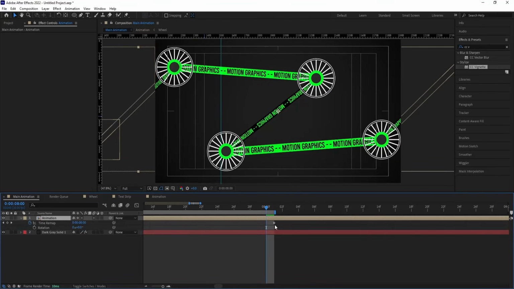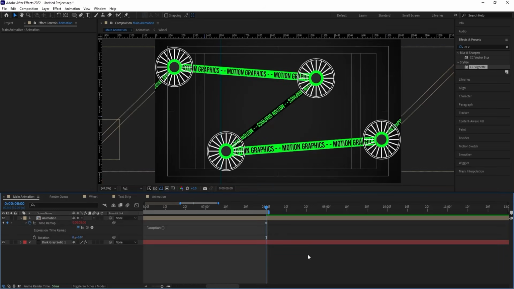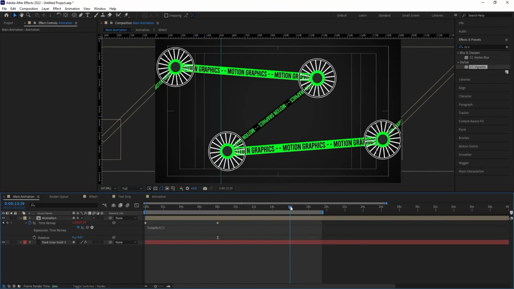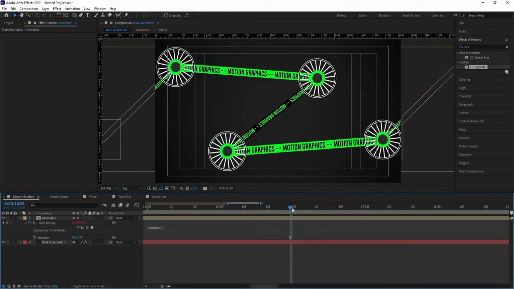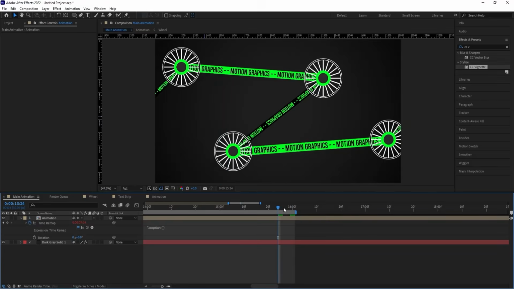And before the last keyframe, I'll create one keyframe and I'll delete this last keyframe. Then I'll Alt-click on this stopwatch to apply the loopOut expression over here, like this, and let's deselect this layer. Okay, so now 8 plus 8 is 16. Even at 16 seconds over here, if I hit N, I'm going to get this animation in